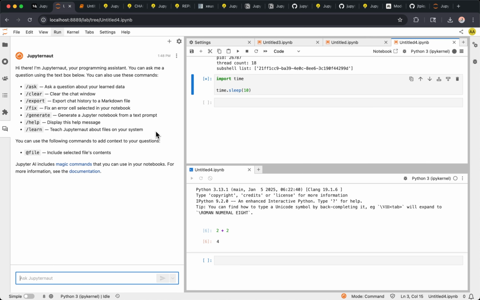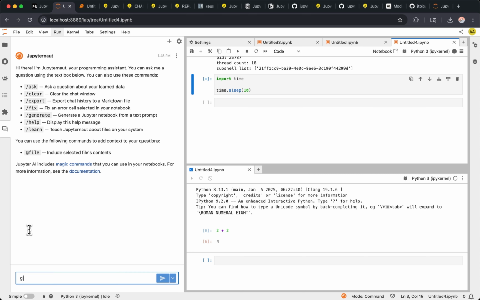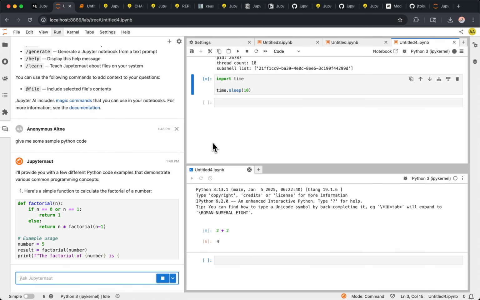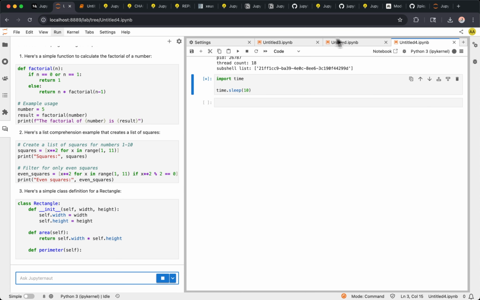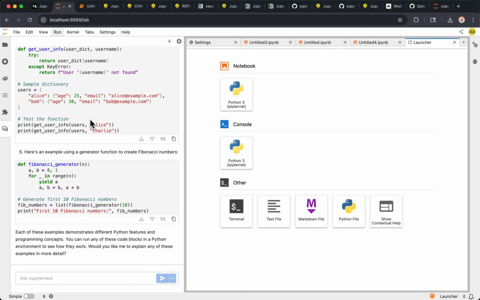Jupyter AI is really what you would expect: for now, mostly a chat panel on the left, and you can customize it to use the model you want. Here I just use the Anthropic Claude model, and you can, for example, ask it to generate some code for you.